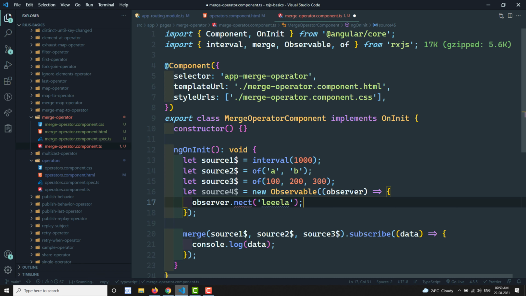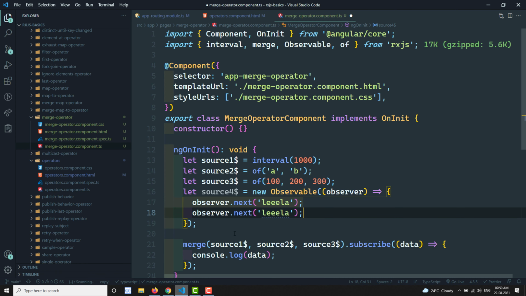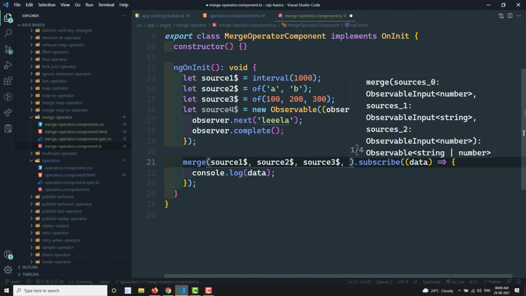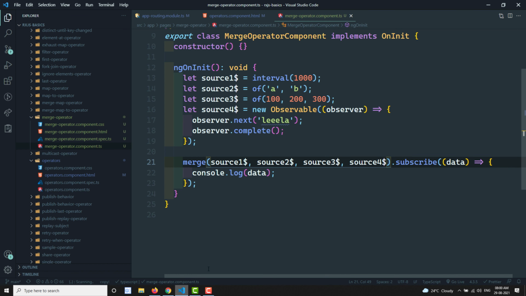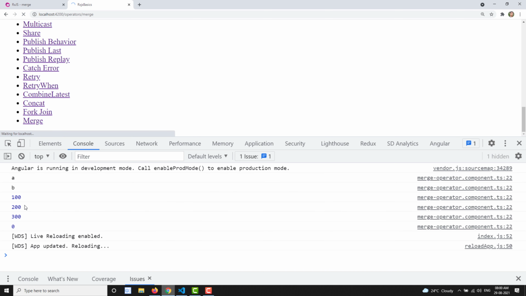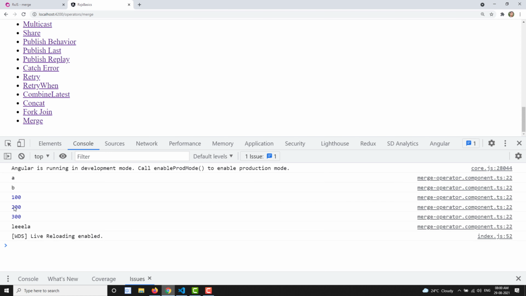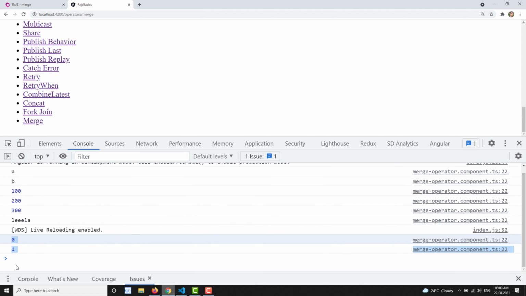And here, let's assume that it is completed. So first we will take it as complete, and we'll test the scenarios to see what will happen. Now here I am adding source 4 also. Now what is the output here? AB, 100, 200, 300 and Leela are printed, and the interval is going on executing.